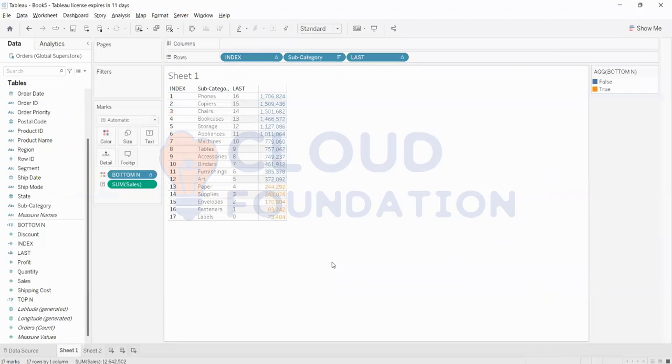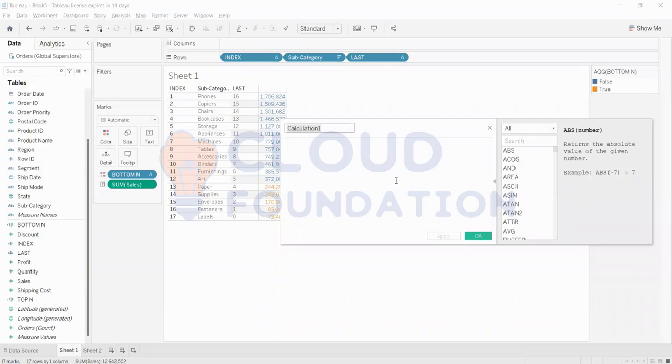Okay. So now we have the bottom. Now we need to create something which will show me bottom five and top five. So we will create another calculated field. I'm doing it for the conditional formatting, but it is one kind of logical formula writing as well, which please go ahead and practice for yourself so that you don't have a problem understanding the formulas or writing things. It's pretty easy. So let me name it top five